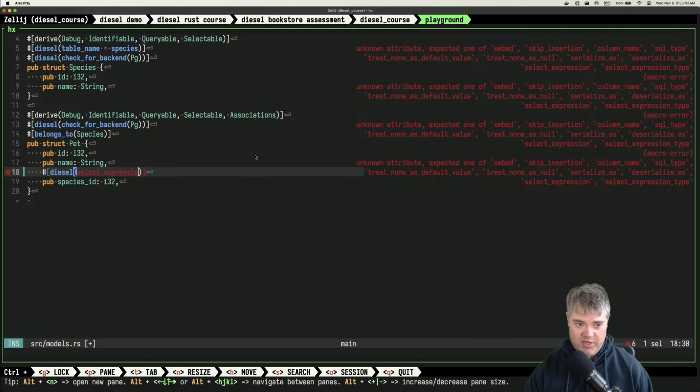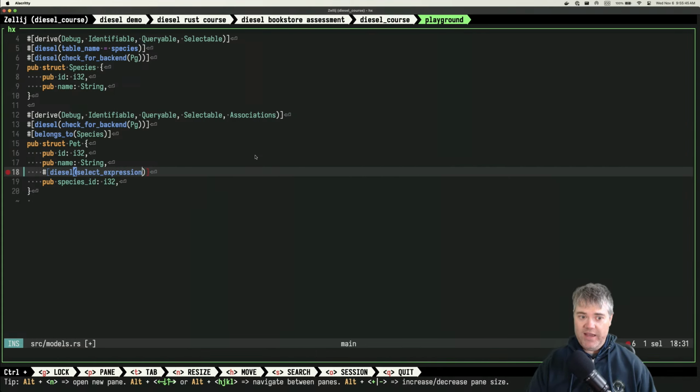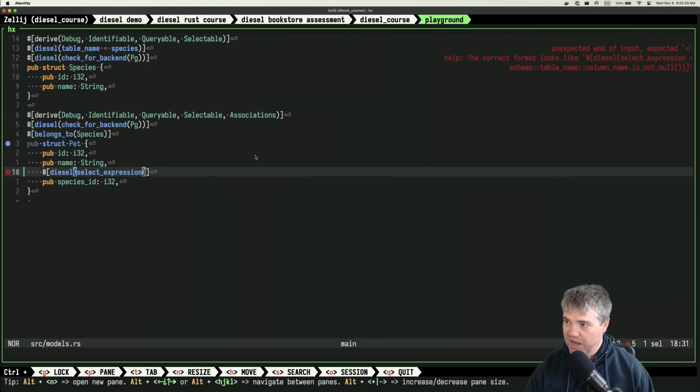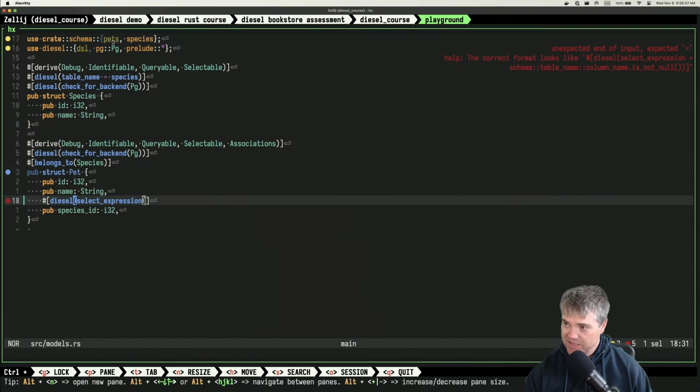So select expression. It goes away as soon as it's done though. And okay, expected equals. That's great. The correct format should look like schema table name column name is not null. Okay, so it's coming from schema table name column name. So we have schema table name